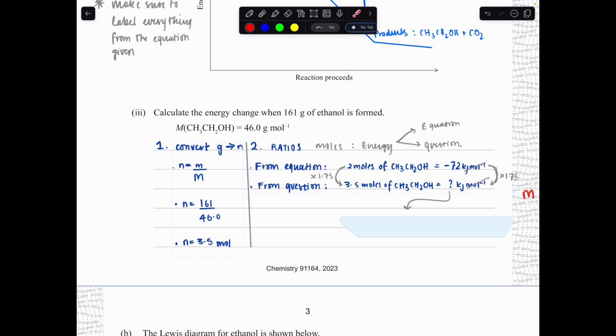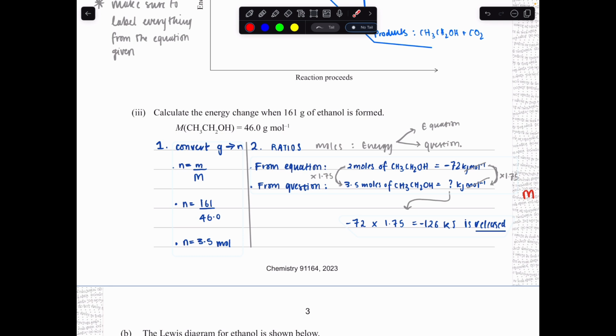Well, here's the beauty of ratios. Okay, what you do to one side, you do to the other. So to get from 2 moles to 3.5 moles, the common multiple is 1.75. The way I worked that out was 3.5 divided by 2, which was the common multiplier, which means to get from 2 to 3.5, I have to times by 1.75. So if I times this side by 1.75, I have to times the other side by 1.75. So to get the energy released, I have to times 72 times 1.75, and that should get me